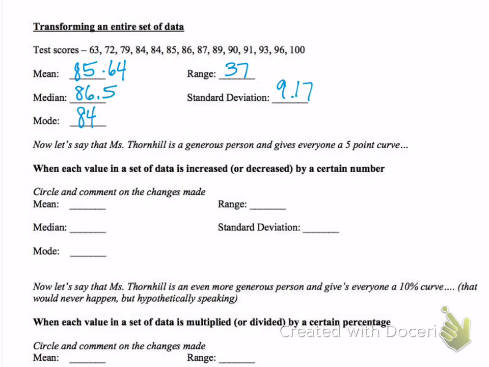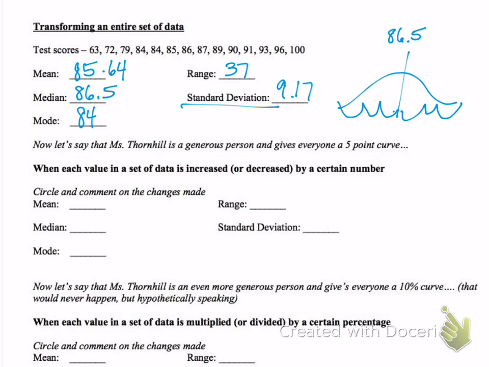So the standard deviation, if this were on a normal curve, this is just a preview of AP stats. You have your median in the middle, which is 86.5. If you go out 3 standard deviations to the right and the left, that contains almost 99.7% of the people that took the test. So 9.17 times 3 is about 27 points. So if you take 86.5 minus 27,